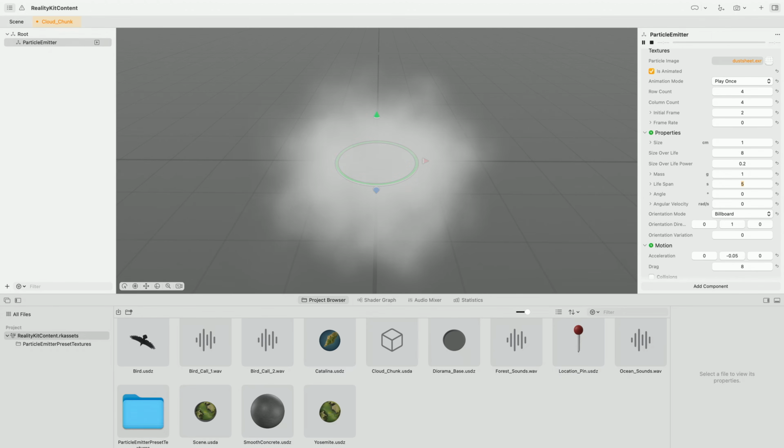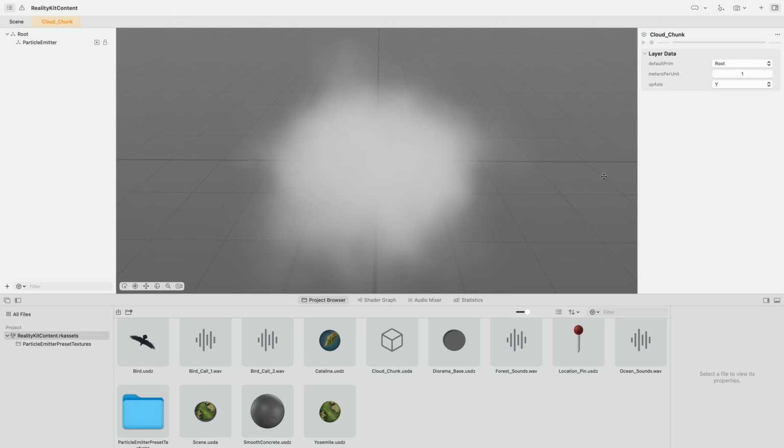This looks great. There are more variables we can play with in the motion, force fields, and rendering sections, but the effect we have so far is close to what we want. So let's not modify those sections for now. We'll save the scene using the shortcut Command-S and move on to the next step.